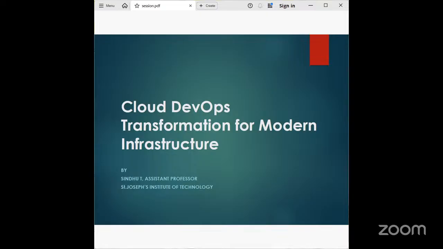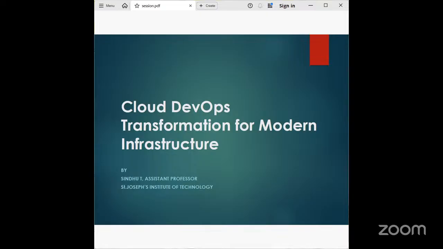How DevOps accelerates delivery, and how technologies like automation, containerization, and Kubernetes make an infrastructure scalable, reliable, and future ready. So this talk is structured like a transformation journey, right? From fundamentals to real world implementation. The goal by the end of the session is for you to understand the why and how of this transformation, and be equipped to start your own journey.